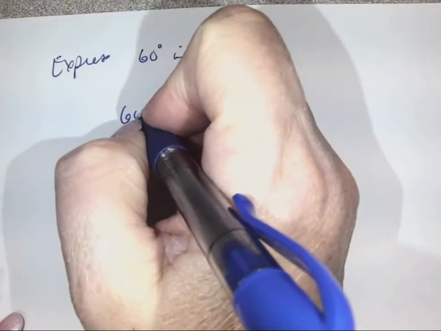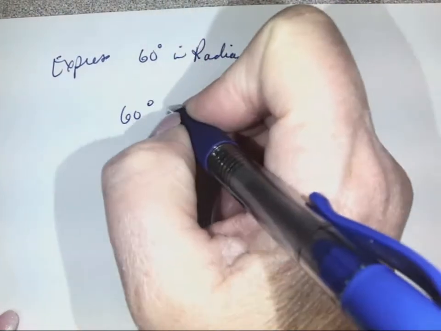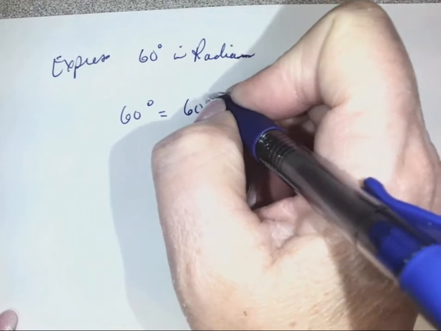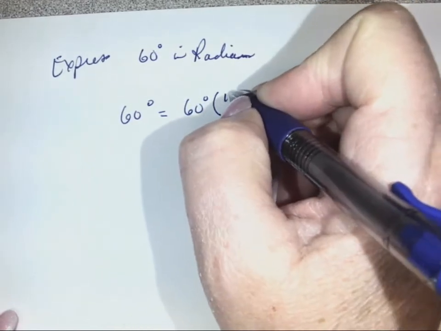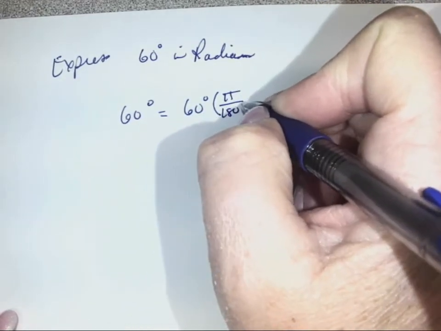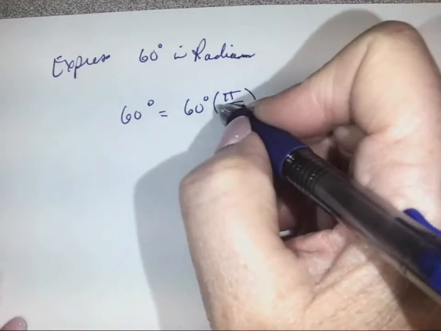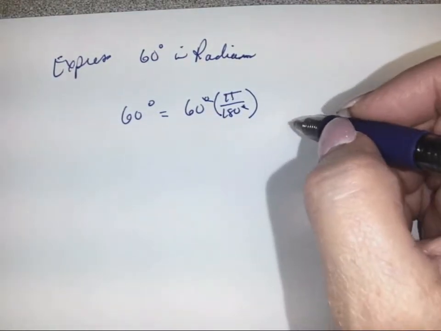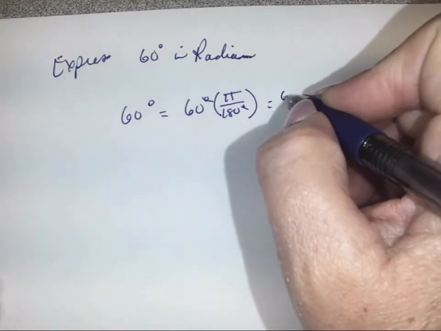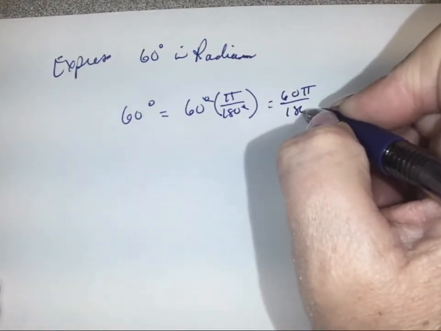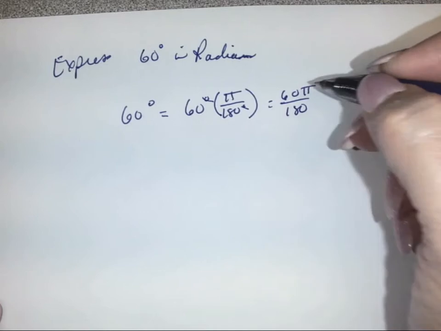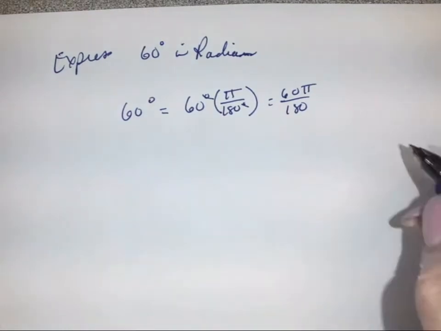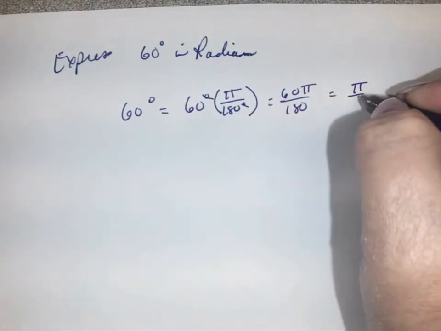So if we have 60 degrees, that would be equal to 60 degrees times our pi over 180 degrees. So remember, that way we can cancel out the degrees because they're on top and on bottom. So that gets us 60 pi over 180. These both reduce by 60. So they'll get us pi over 3